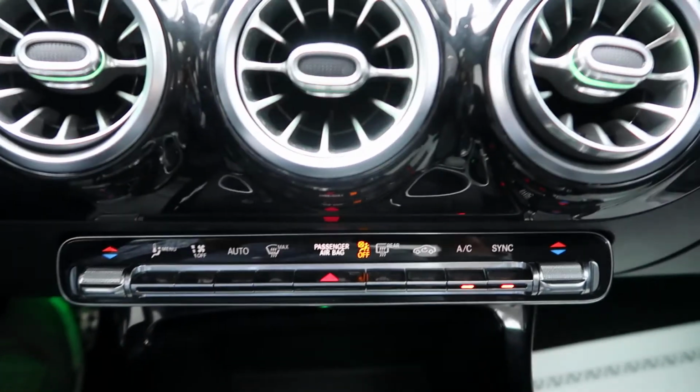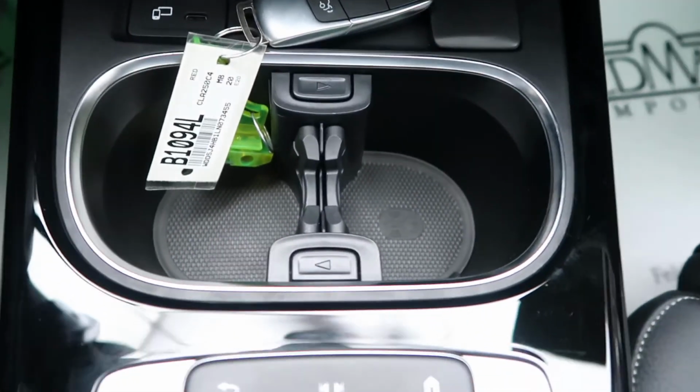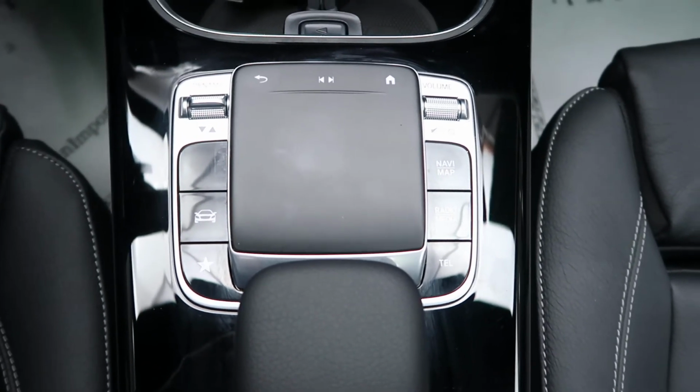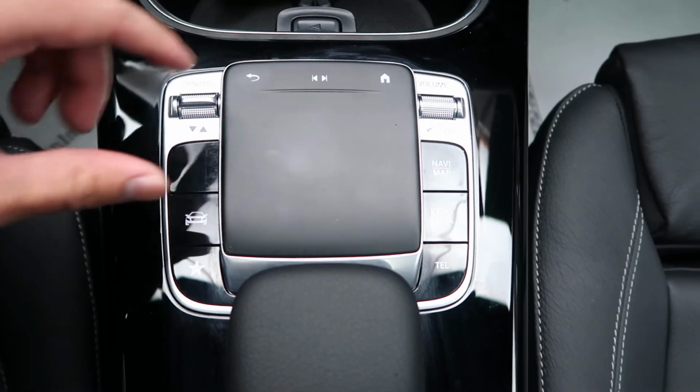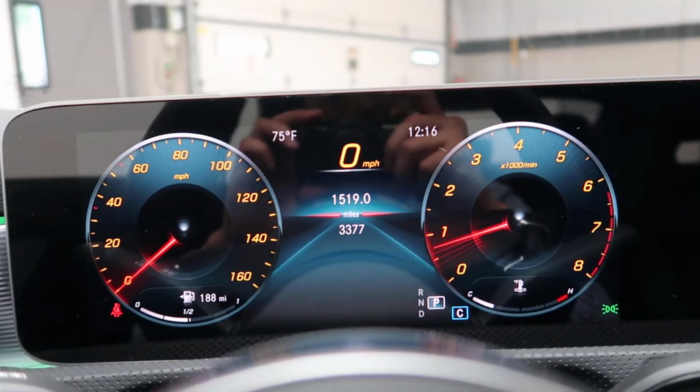We've got dual climate controls, our key, cup holders, our new touchpad for our media display, and some buttons for our dynamic selects, volume. This CLA has 3,377 miles,